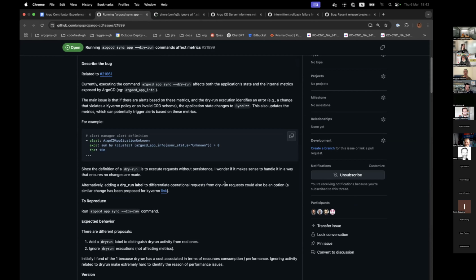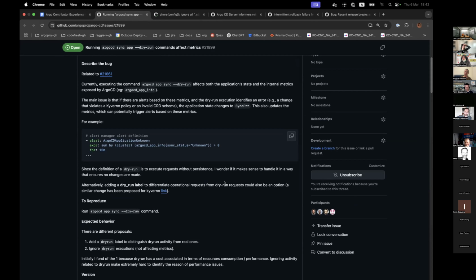And just so everyone's aware, the reason that information goes into the app CR is when you request a dry run sync from the API, the way the API accomplishes that is it asks the app controller for that sync, but it's completely disconnected. The API server says, I want to sync.